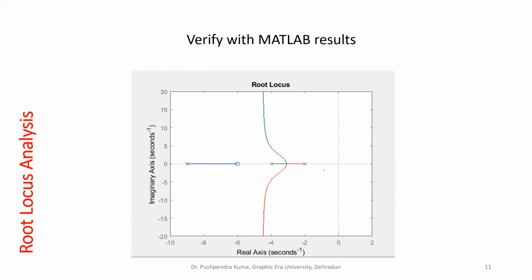You can see here it is the same thing. Between -2 to -4 we have root locus. Between -6 to infinity you have this root locus, and your breakaway point is between -2 and -4, somewhere -3 point something, and it will go like this parallel to your asymptote. Clear? So from MATLAB, we have verified that our results, which we obtained from the manual calculation by hand, are verified with MATLAB also.